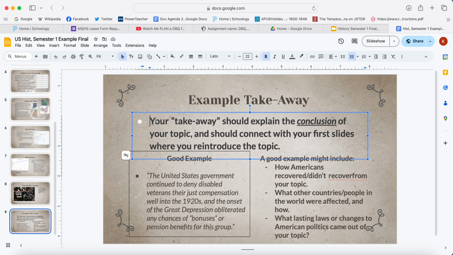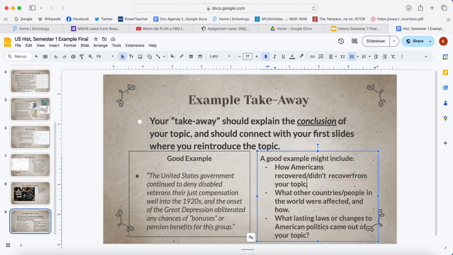I'm looking for. Your takeaway should explain the conclusion of your topic, as in, once the Great Depression is over, or once your topic is over on the timeline, how does it come to that ending? You should connect with your first slides when you introduce the topic, meaning, if you are discussing, let's say, personal hardships or homelessness, and we wanted to establish that there was some progress,